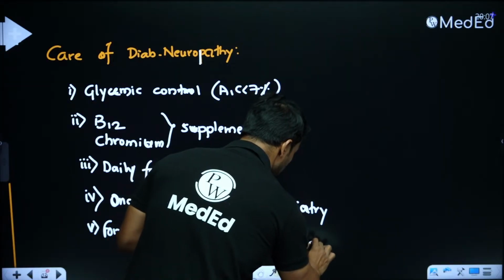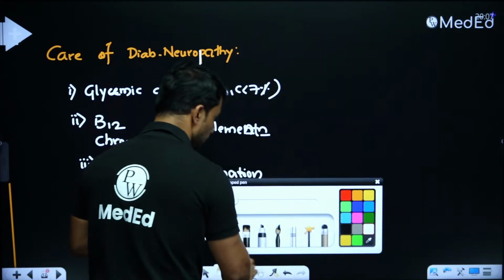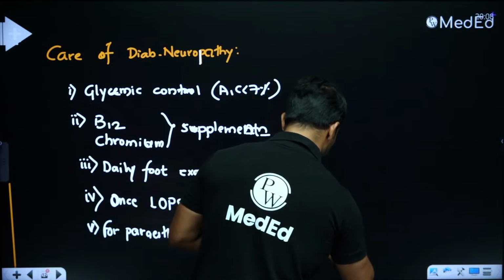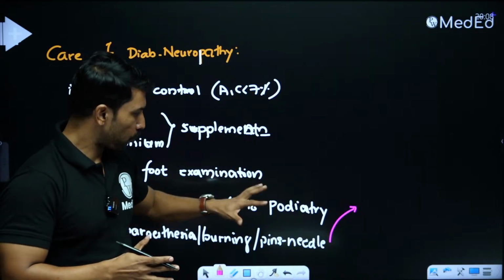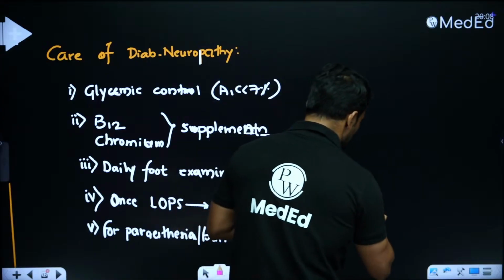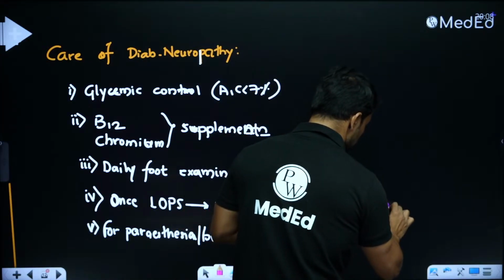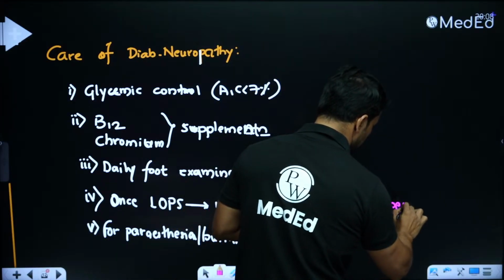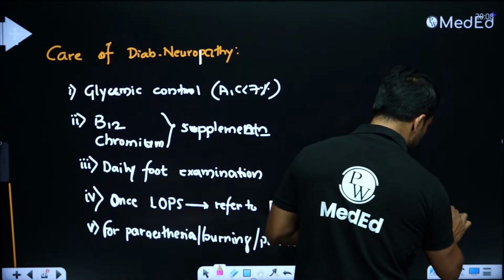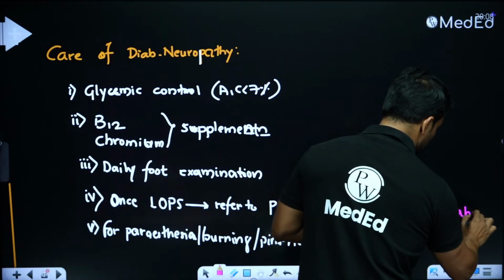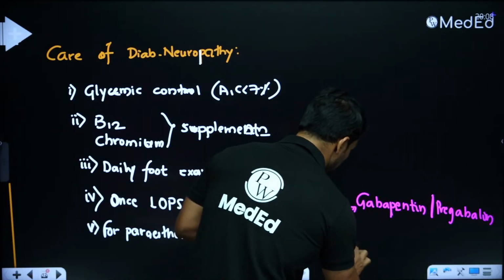Are there any pharmacological treatments available for this? Yeah, we can use the neuromodulators like gabapentin or pregabalin. And in severe cases